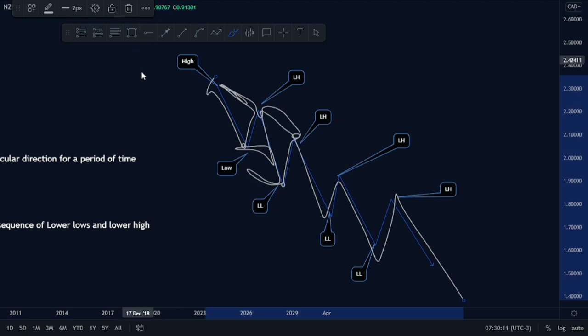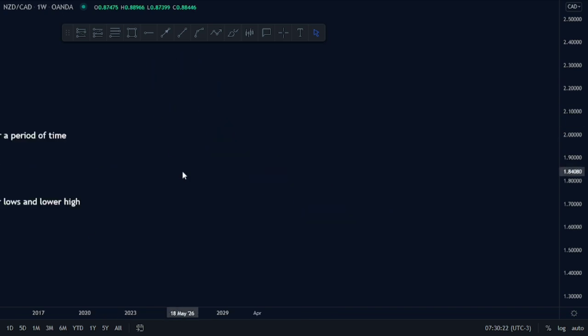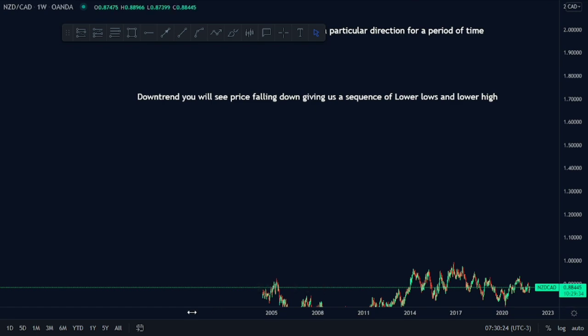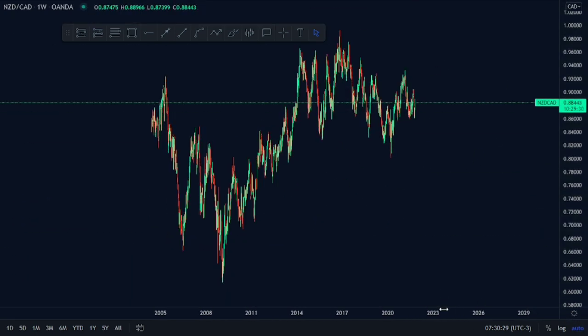Let us take a look at how it looks like on a real-time market. This is how you identify a downtrend. A downtrend, which is a selling trend. It's a bearish market. That's why you focus mainly on selling opportunities rather than buying opportunities. So let us take a look at the real-time market. If you can check currently,